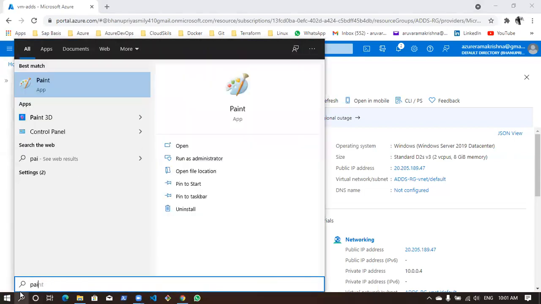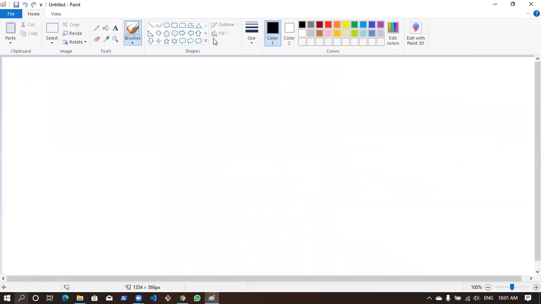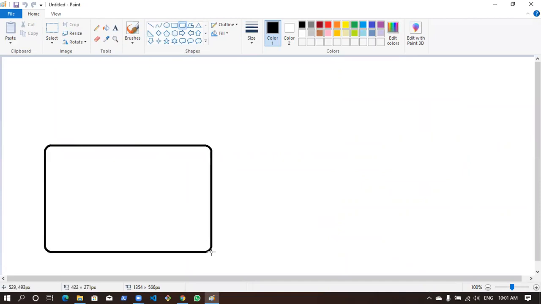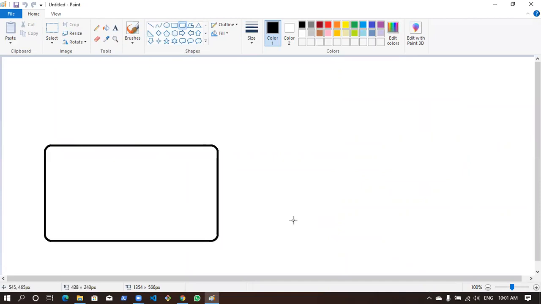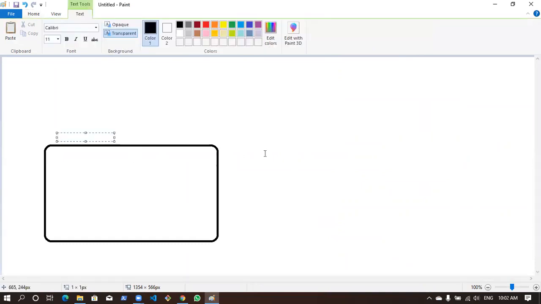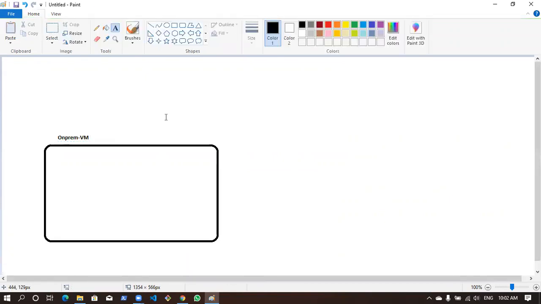Let me try to open my Paint again. I'll just quickly recap what we discussed. So we have created one on-premises VM, right? On Azure itself, I have created a VM and I just imagined it as my on-premises VM. So this is my on-prem VM, and within this on-premises VM, let's say I have enabled a service called, what